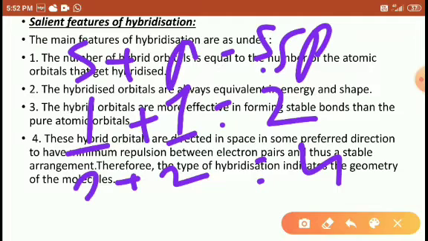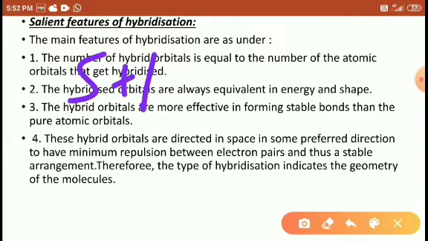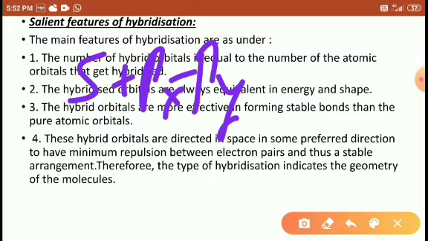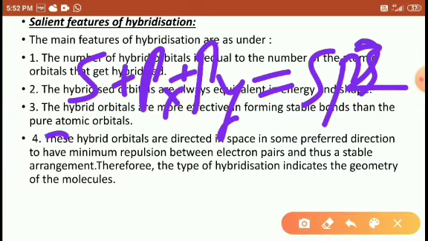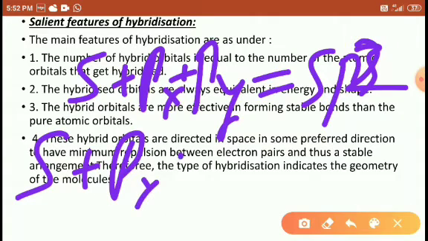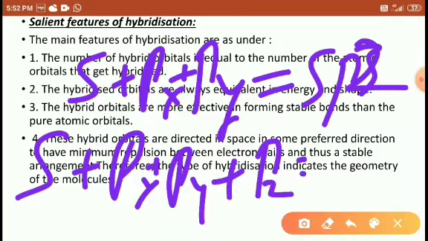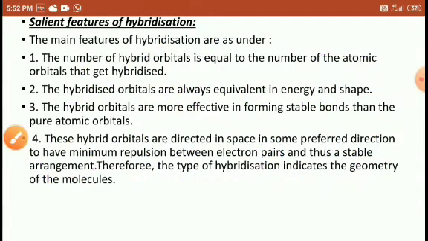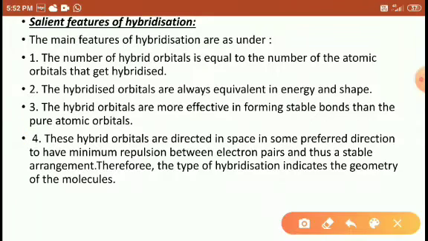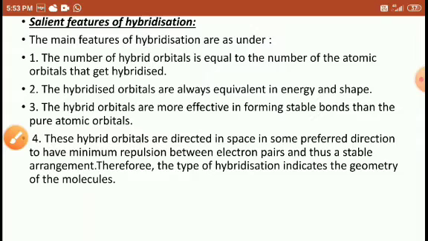Only two orbitals. And similarly S, Px and Py, three, combine here. So the total is sp2, and then with Pz. How many? The one S. How many P? Tell me. Px, Py, Pz. 3p. That is sp3. So how it gives the shape, we will discuss in the next slide, students.